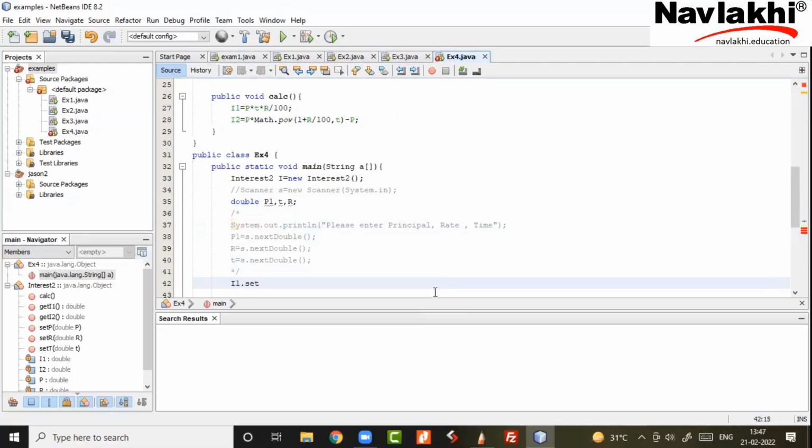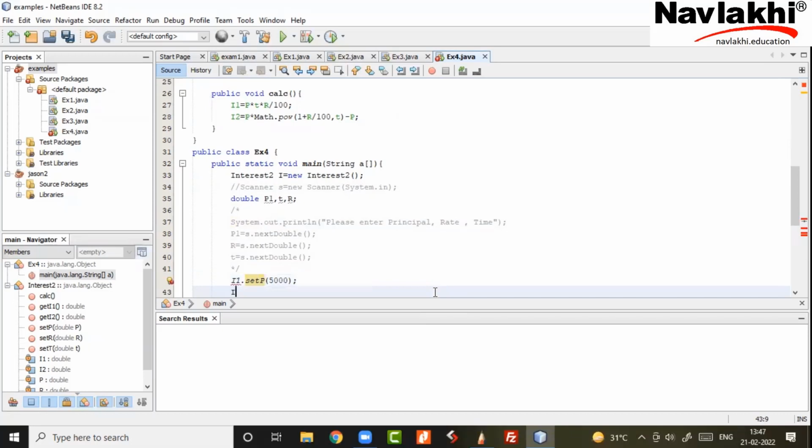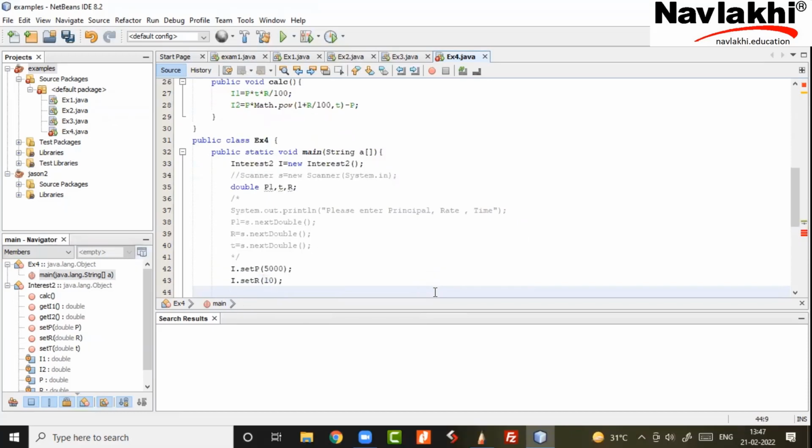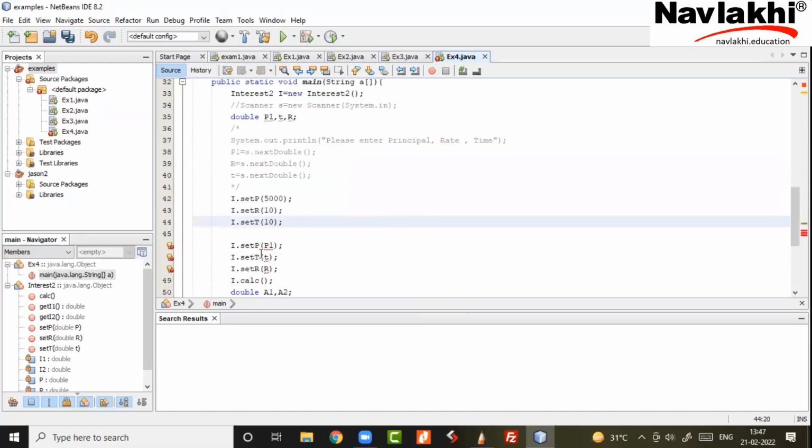I can do that. Set P 5000. I can give it solid values. I dot set R, I can test it with solid values, hard-coded constants also. Set T 10 years. And I can run my program. So you can see the way the input is coming is not going to affect the class.